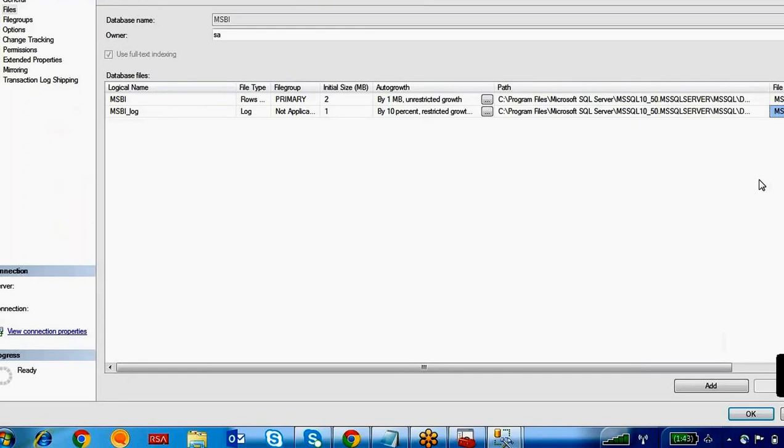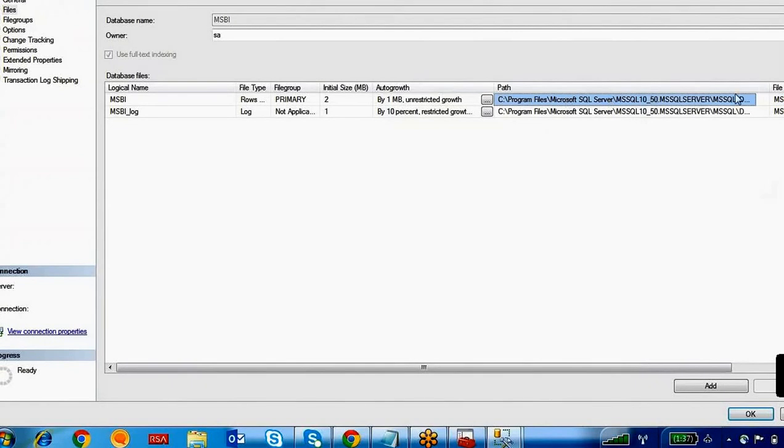The first one is the main data file. This is the primary file. If you lose this .mdf file, then your tables and your data, everything is lost. This msbi_log.ldf is a log file. Log file means, for example, if you are deleting anything or doing any operations, that kind of logging information is saved in this log file. It's not an important one, right? The main primary information, rows, tables and data, everything exists in this msbi.mdf.